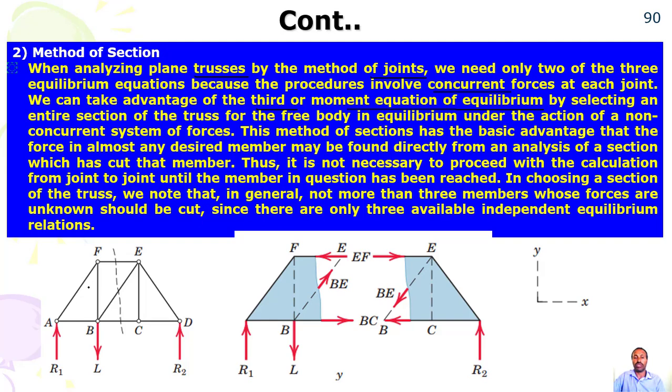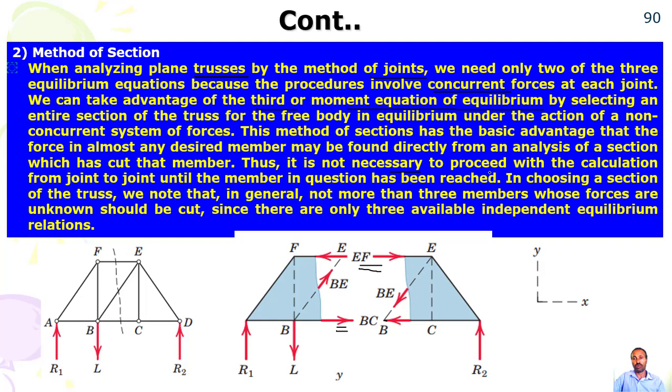For example, you can have this. You have 1, 2, 3. So you can cut this one into 2. Then you can find the moment, for example, at this point at E. If you take it, you can find BC. Clear? You can find BC. And if you take moment at B, you can find A, because BE and BC will cancel out. Thus, it is not necessary